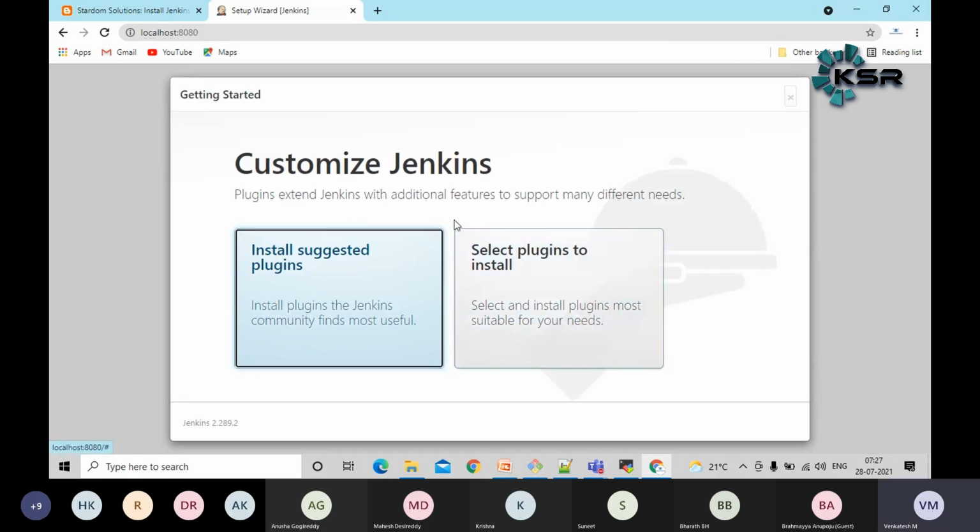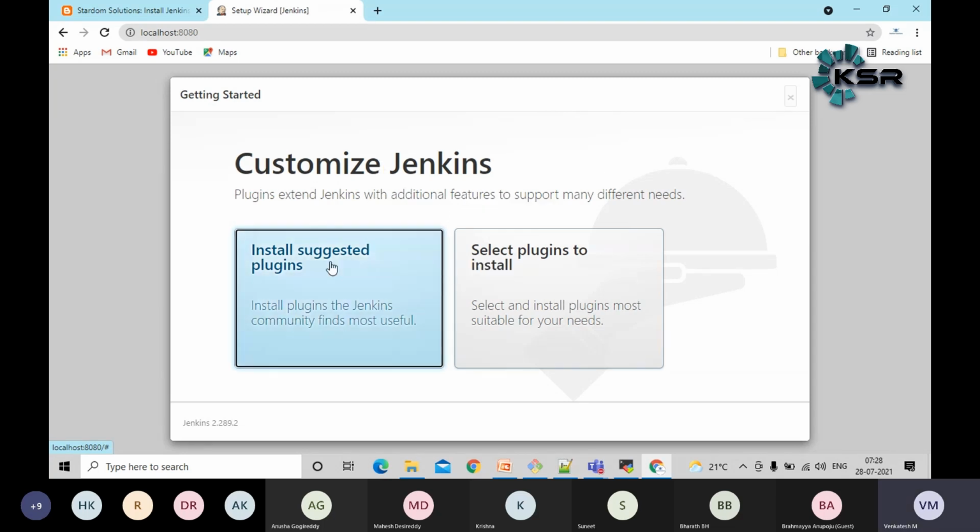Now we have some plugin setup. Each plugin has a different usage, guys. Git plugins will be there, Maven plugins will be there, Pipeline plugins will be there, Azure plugins will be there. Jenkins is an open source community, guys. Anyone, even I, can develop a plugin and publish it to the Jenkins repository. You can also develop a separate Jenkins plugin, completely open source.